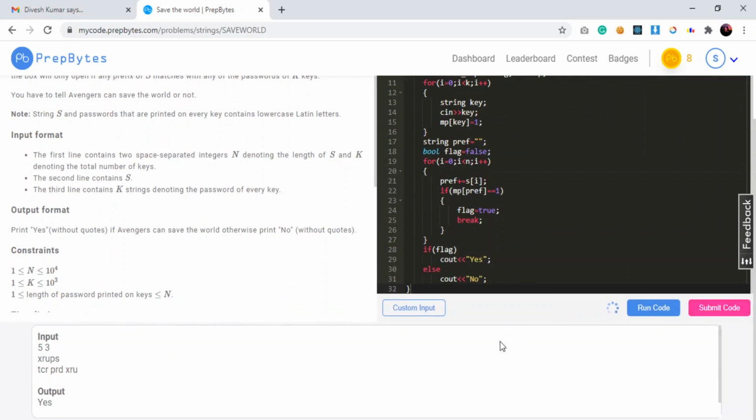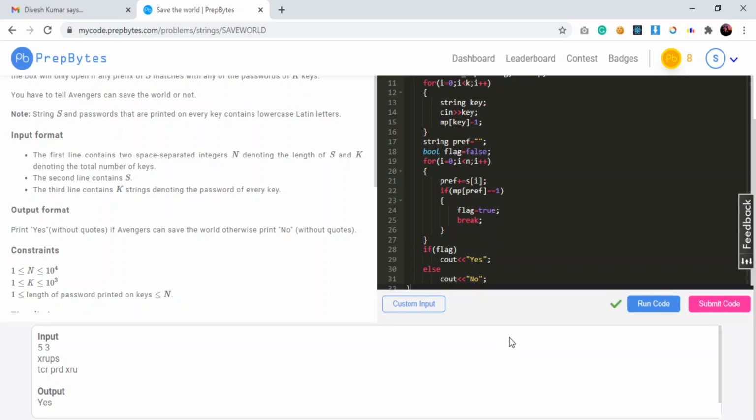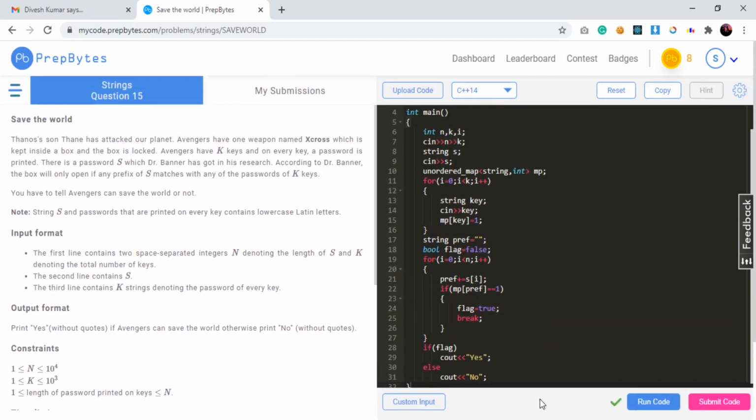Now I'm submitting the code. The pseudocode explains the possible way of solving this particular problem irrespective of any language. So you can have a reference from the pseudocode if you are using some other language like Java or C or Python. Yeah, so we got an AC for this particular problem.